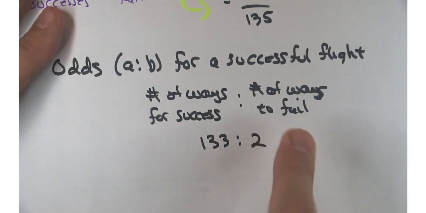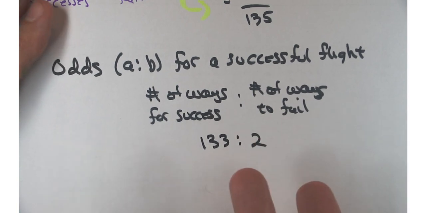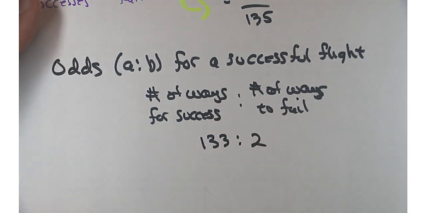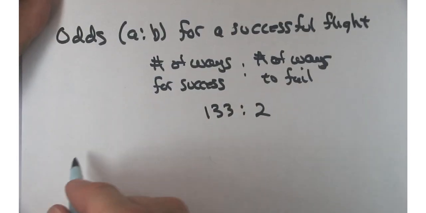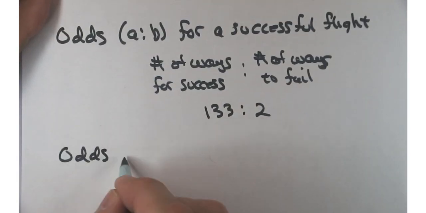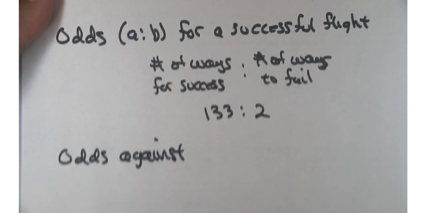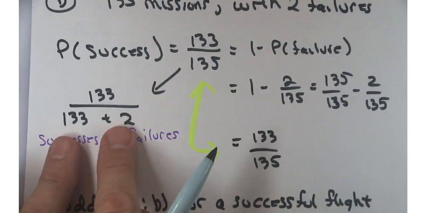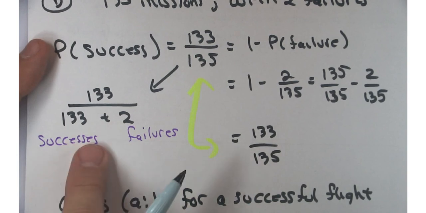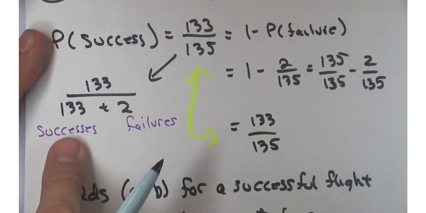We could also turn this around, the odds against a successful flight. So let's do that. Odds. Why did you then do the 133 over 133 plus 2? Oh, I just split that up. Oh, you were just drawing it out. I was just splitting it up so that we could look at it as being our successes and failures, but